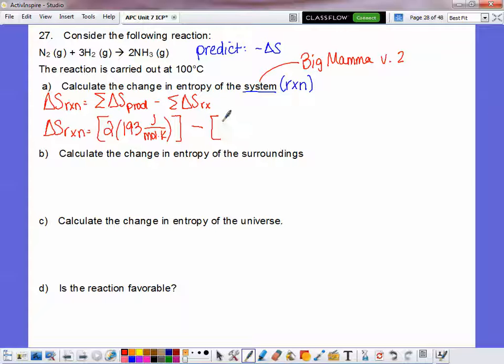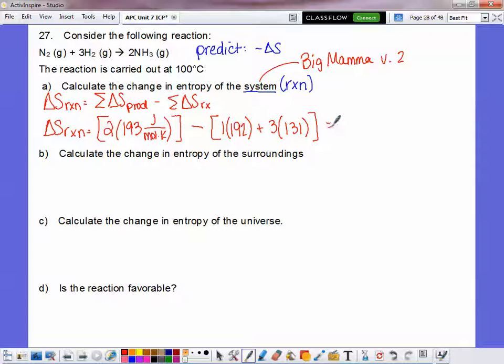Minus the stuff on the reactant side. So we have one N2. N2 has a delta S of 192. I'm not going to worry about the units here because they are all the same. Plus 3 H2s, which is 131. From the video that you should have watched prior to this class, N2 and H2 would have had delta H values of 0 because they're individual elements in their standard state of matter. Delta S, typically none of those values are going to be 0. They're always going to have an entropy value. All right, so when you do the math here,